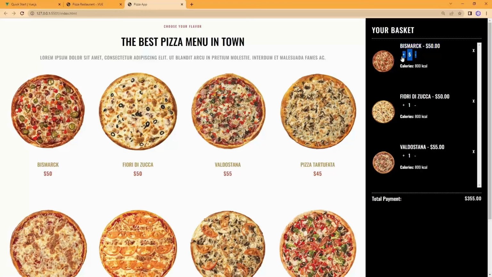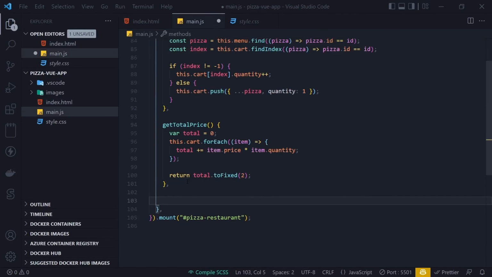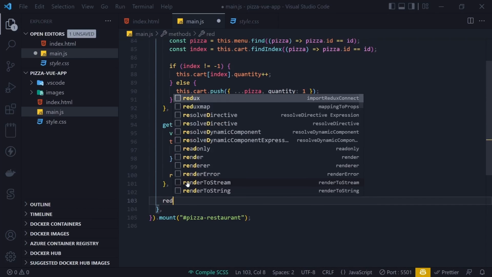So this is why we call Vue JS reactive. We didn't have to set on change events for anything. We just call that method, and every time there's a change in the cart, Vue JS is going to recalculate everything automatically. Okay, so now let's start building the functionalities to reduce and increase the quantities that we have in